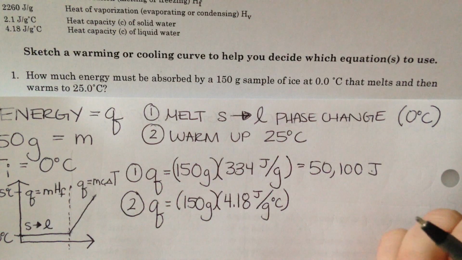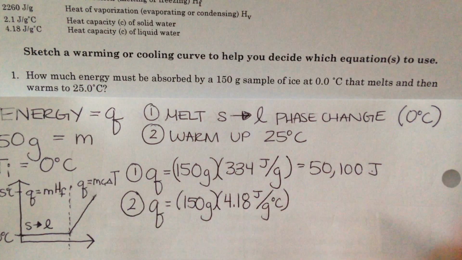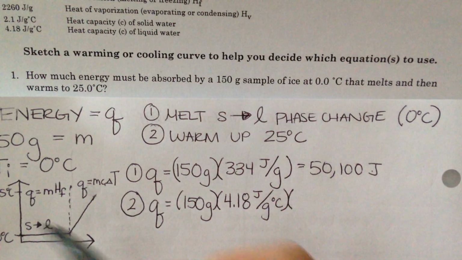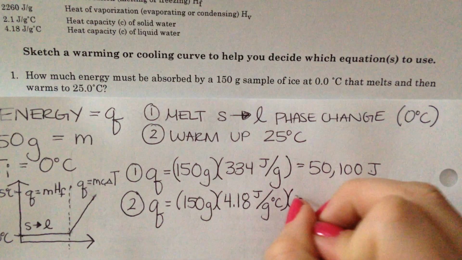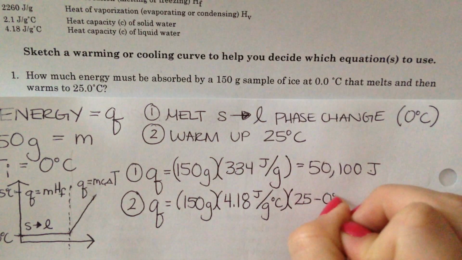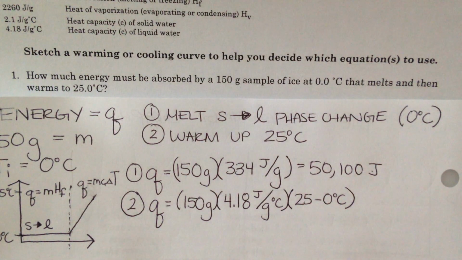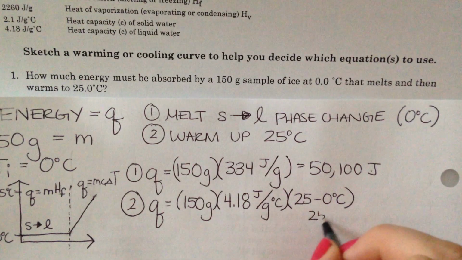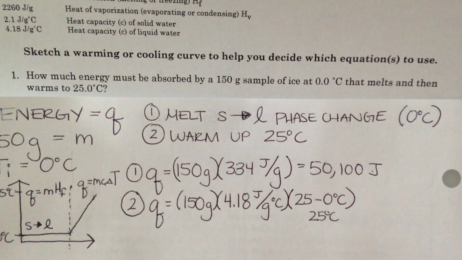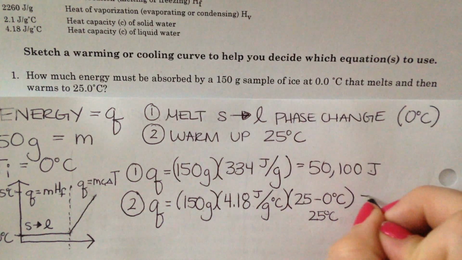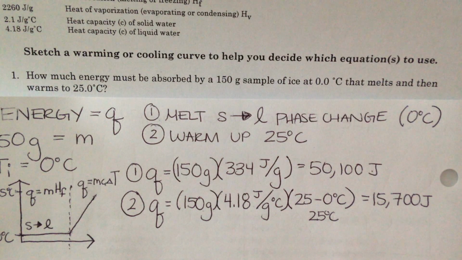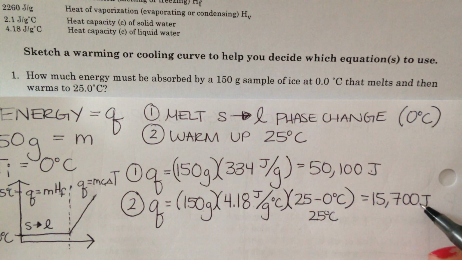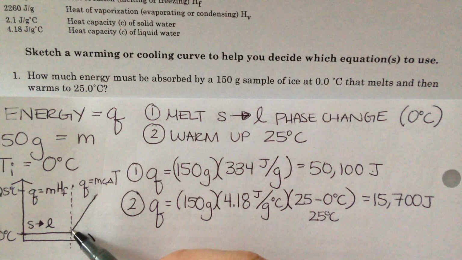degrees Celsius. Now my change in temperature is going to be my final temperature minus my starting temperature. So I'm going to take 25 minus 0 degrees Celsius, which will end up being 25 degrees Celsius. Multiplying this out, you should get 15,700 joules of energy. That is the amount of energy that's required to warm this liquid from 0 degrees Celsius